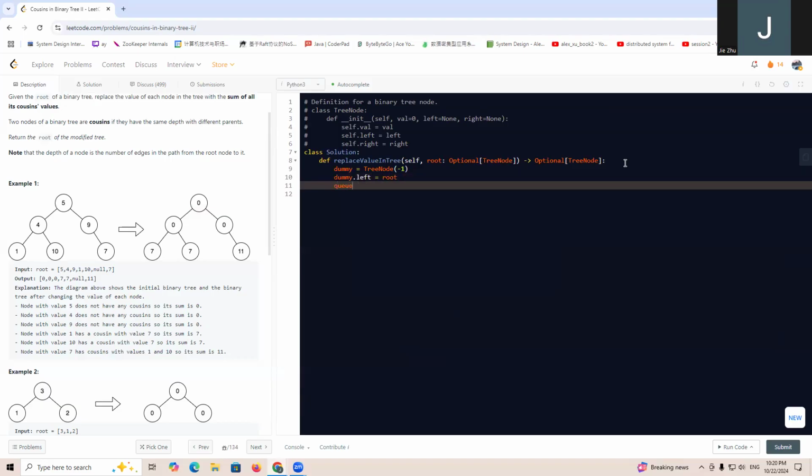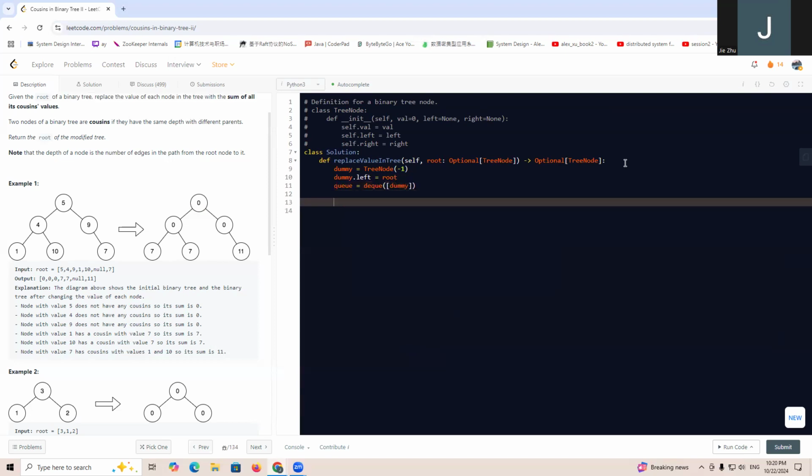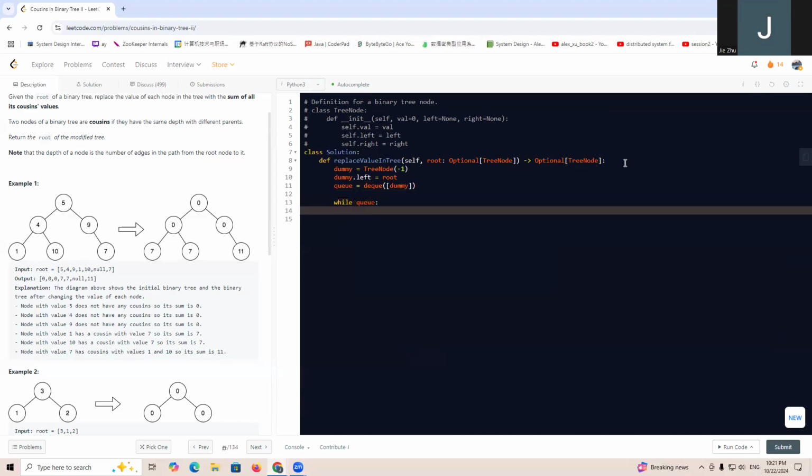We're going to have q equals deque. Convert this list to a deque, with dummy. Then while this queue is not empty,